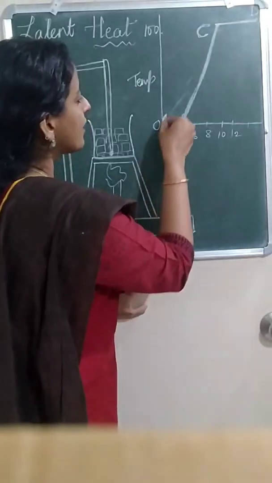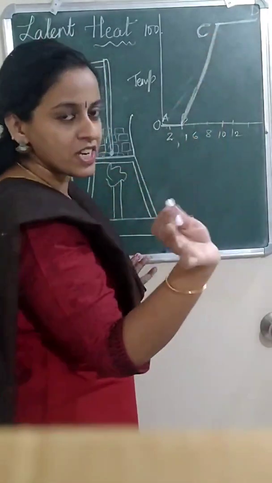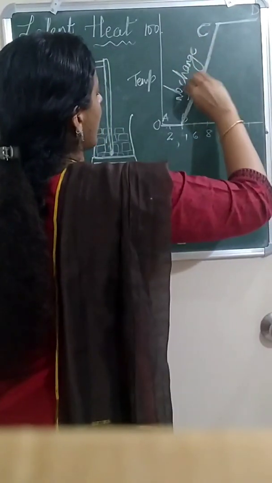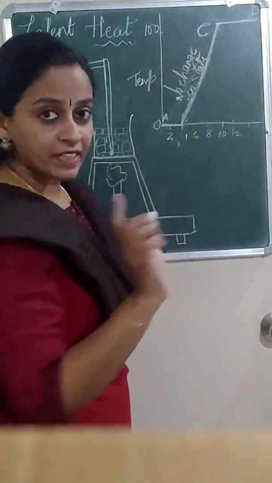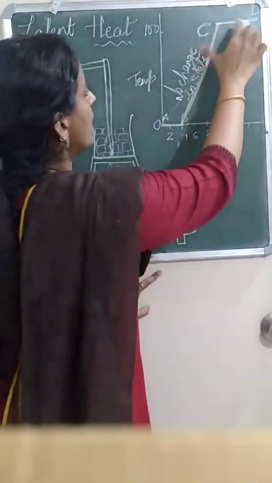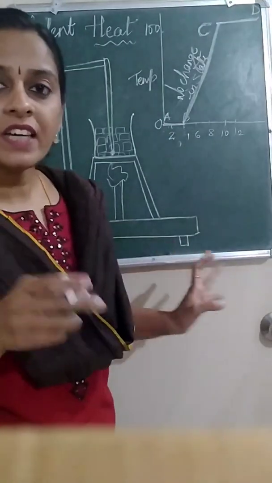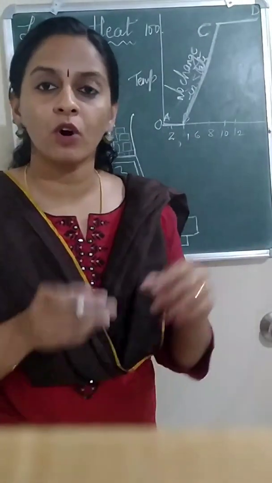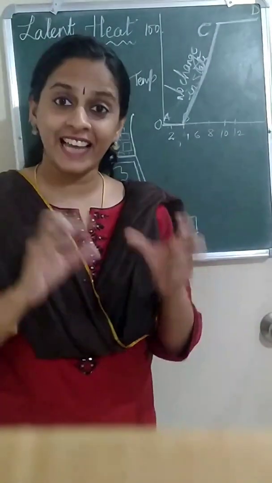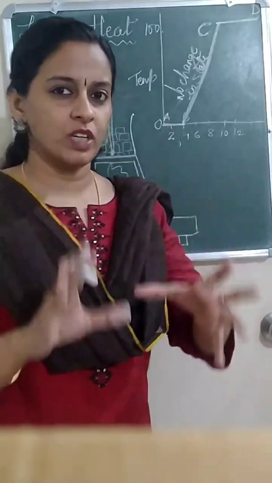Here, ice getting converted into liquid. Here, liquid was heated, and there is no change in state of matter. Whereas there was a change from ice to liquid in AB, and in CD also there was a change of liquid to vapor. So when there is a change from liquid to vapor or from solid to liquid, the temperature remains constant because that is the time taken by the substance for bond breaking. Now what is this bond breaking?